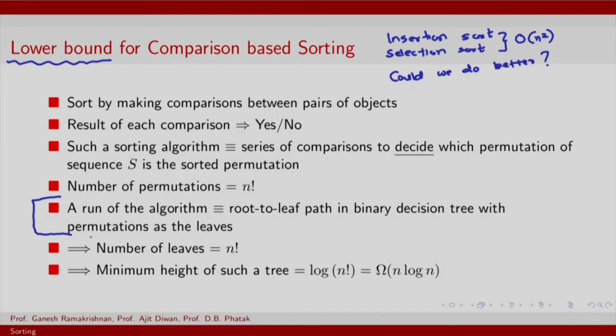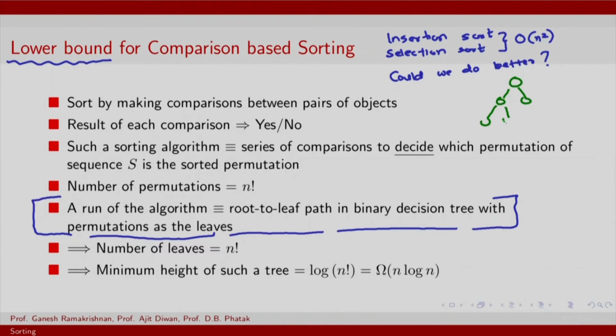We will try and view each of these algorithms that we have discussed so far, or any other algorithm that we might come up with in the future based on comparison, as a run of an algorithm on a large binary decision tree. So here's what we are saying: we have some large binary decision tree. This is all for a given array. And each of the runs of these algorithms would correspond to a path in this decision tree. So this might be the path of insertion sort,